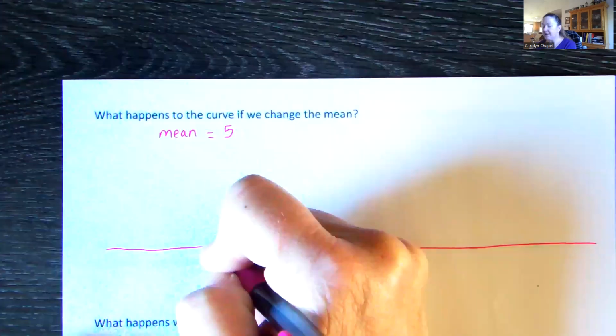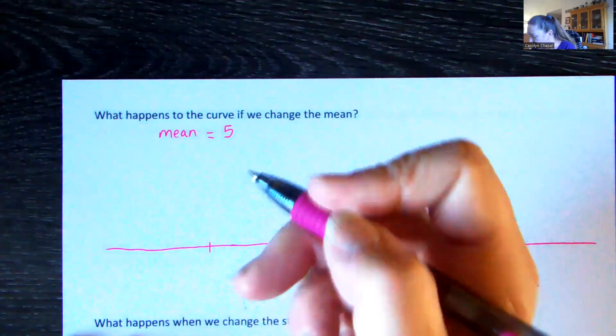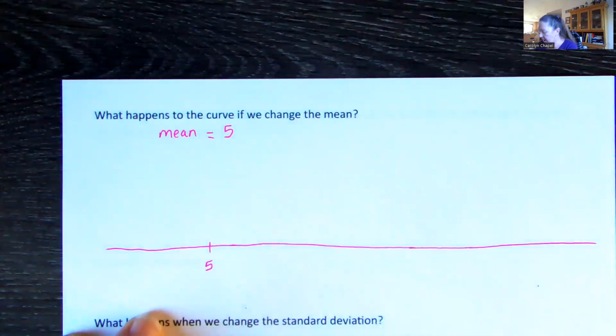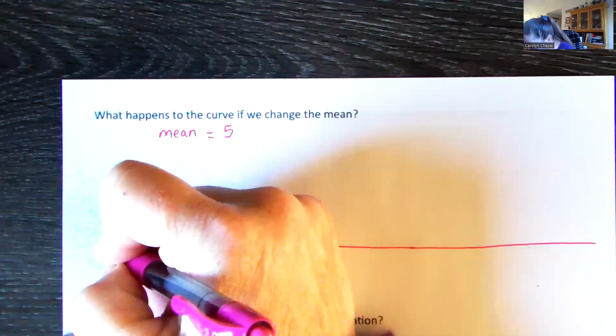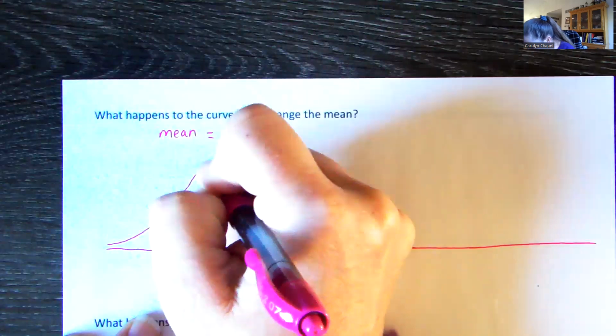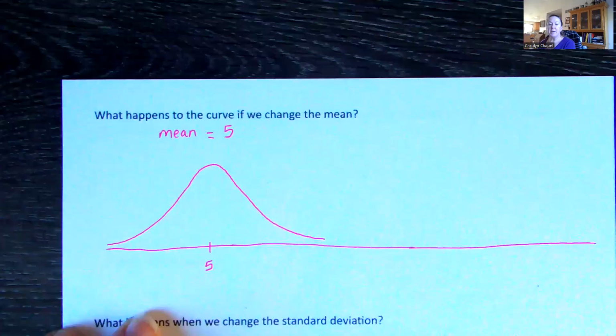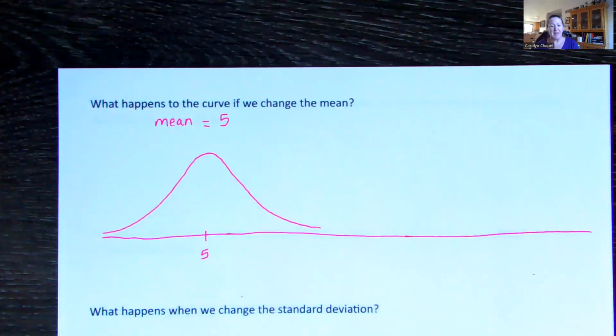The normal curve, first of all, is centered around that 5, so the highest point on our curve is at 5. Let me draw this. Sometimes my curves look pretty good and sometimes they change. If we keep our standard deviation the same,